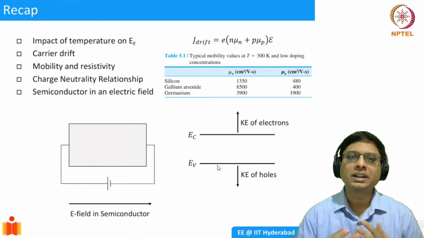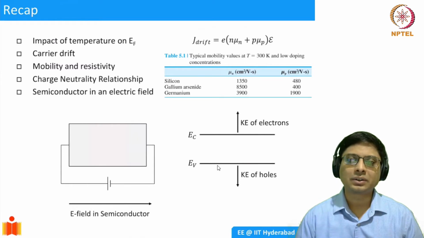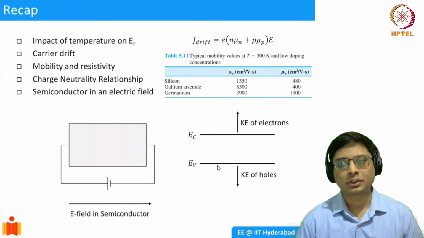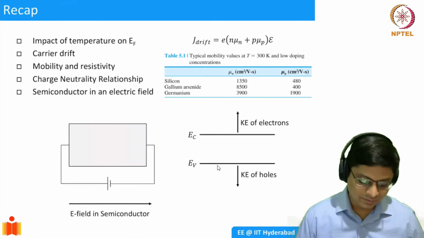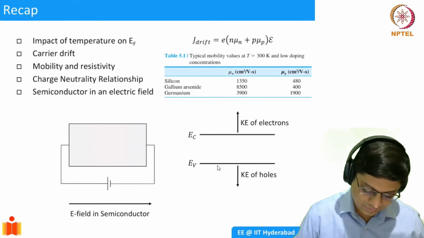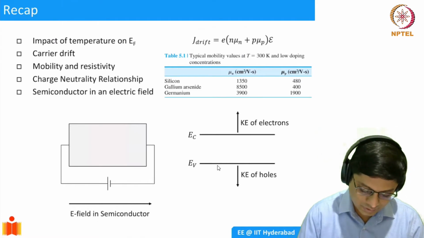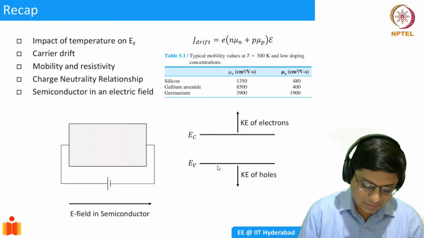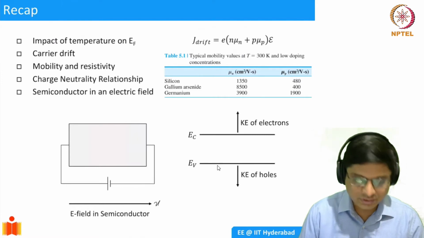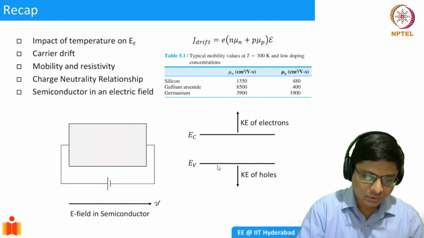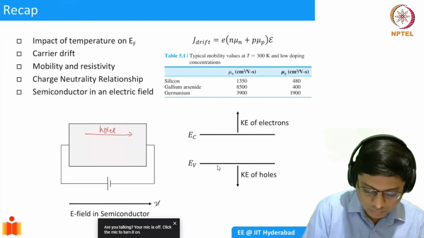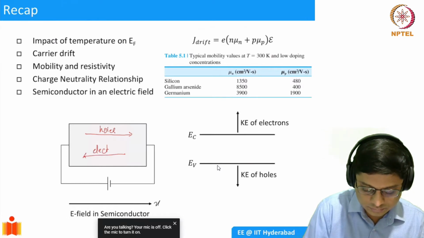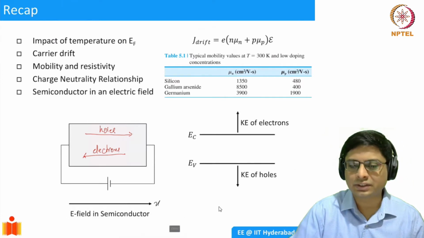And towards the end of the lecture, we were talking about what happens to the carriers, the physical picture, or sort of the band diagram picture, right? What happens when you apply an electric field. And we said that if you have an electric field applied, let's say positive terminal to the left side and the negative terminal to the right side, as shown here, there will be an electric field in the positive x direction. If you call this x, the electric field is in the positive x direction. So now, because of that, the holes in the semiconductor would move in the positive x direction, and electrons would move in the opposite direction. Right? This is what happens when you apply an electric field to the carriers.